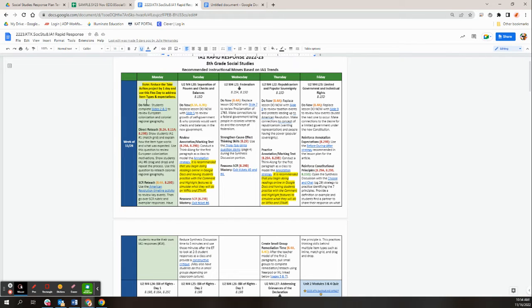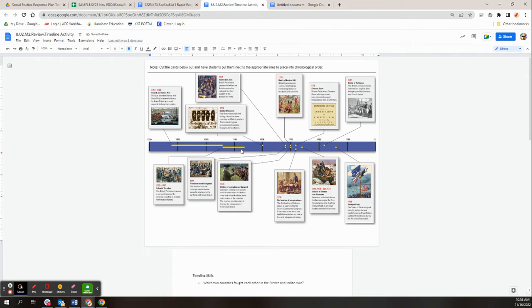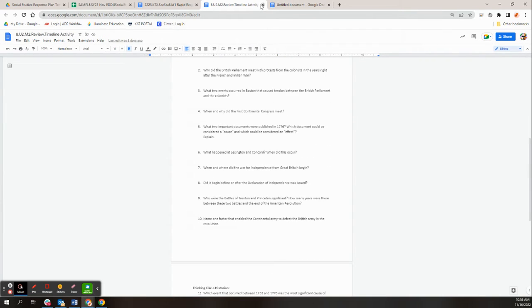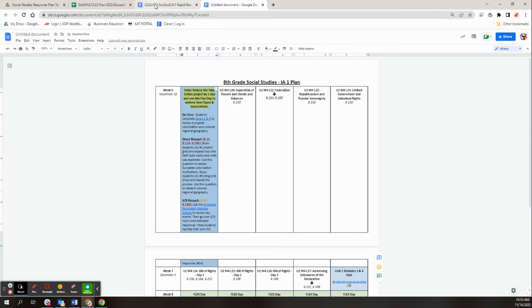I notice in the green one, it just gives me a full day reteach, and honestly, I think it'd be great just to pause and select it. So I'm going to go ahead and copy this whole day. I like the idea of the do now, then doing a direct reteach on those new item types just to get that skill. And then more importantly, there's this timeline activity that I think would really be good for students to practice manipulating and putting them in order just to kind of remind themselves. So on my plan, I'm going to take the whole thing and just copy it there because I really like that one.